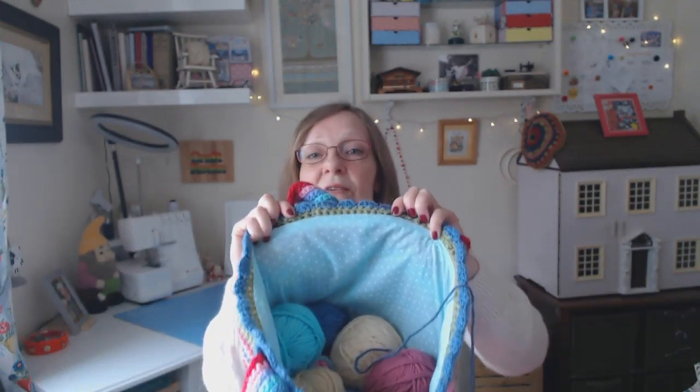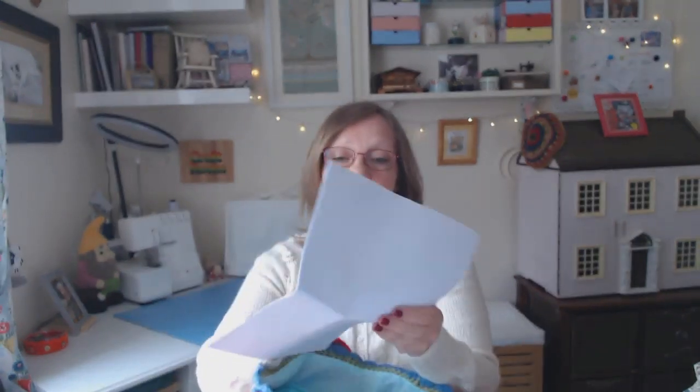And I lined this recently as well. I did put it on Instagram, because I've made this years and years ago, and I used to use it as a bag, but my keys and pens and things used to poke out of it, and I always meant to line it, never got round to it. So while I've been off, I did line it. So I put all my yarns in there, and this pattern is called the Chevron baby car seat blanket,